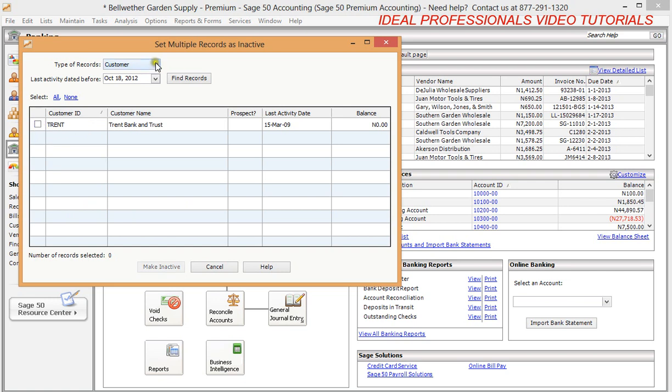And I also select vendor. So instead of clicking it one by one, I can just make everything, select all, then make inactive. So this is another new feature in Sage 50 that makes it easy to